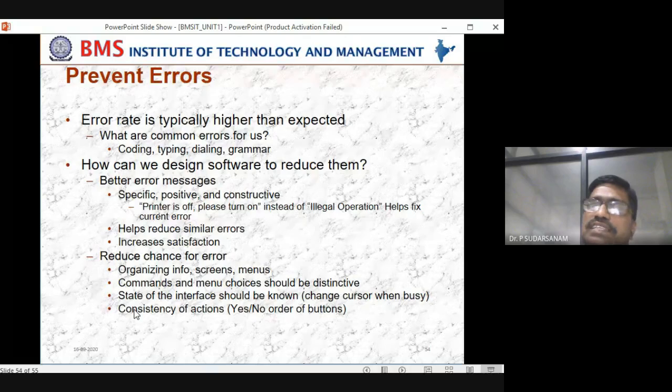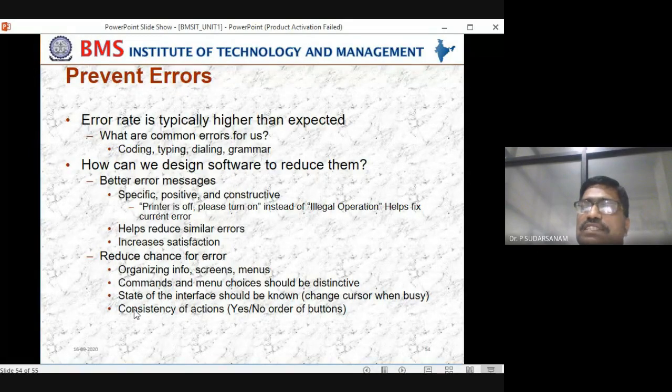Normally, identifying the errors means finding where the chances are to get errors, and removing the errors means how to remove them. For example, when you are doing binary search or linear search, it will ask you to enter the numbers. If 50 numbers are needed, you have to enter 50 numbers. But instead of numbers, if they enter characters somewhere, what will happen? That is what you have to identify and reduce.